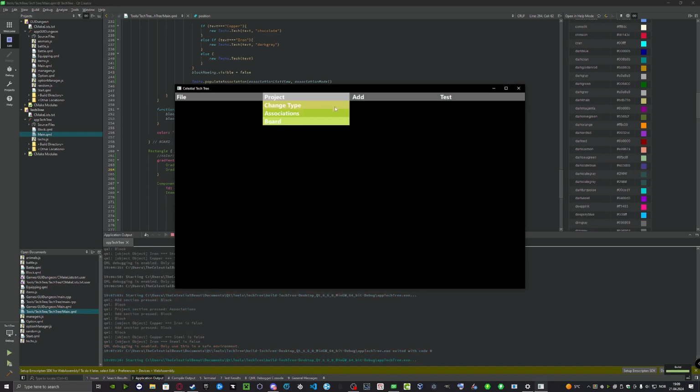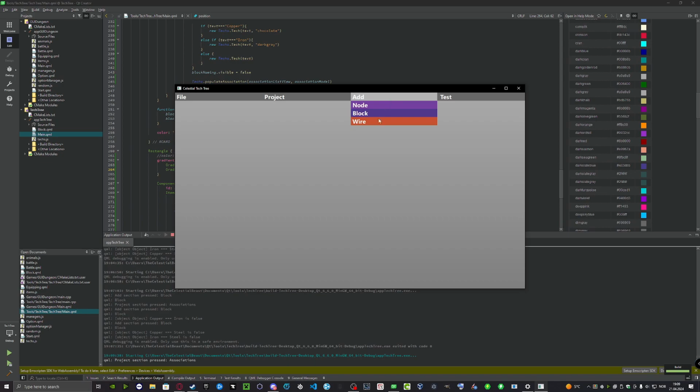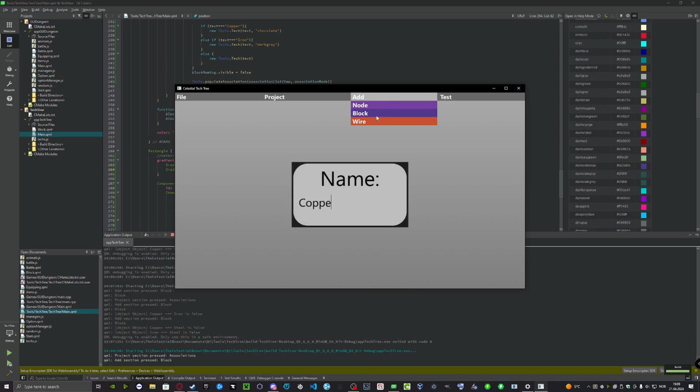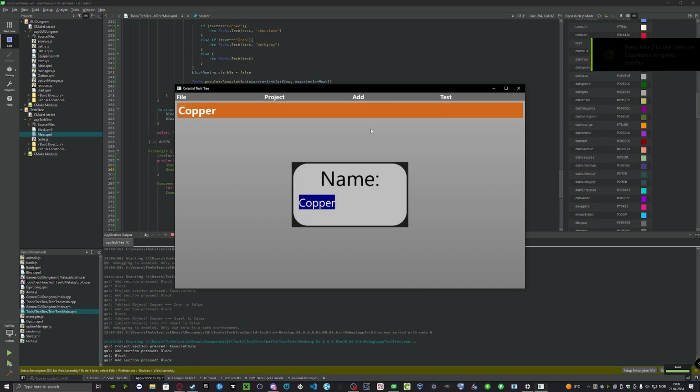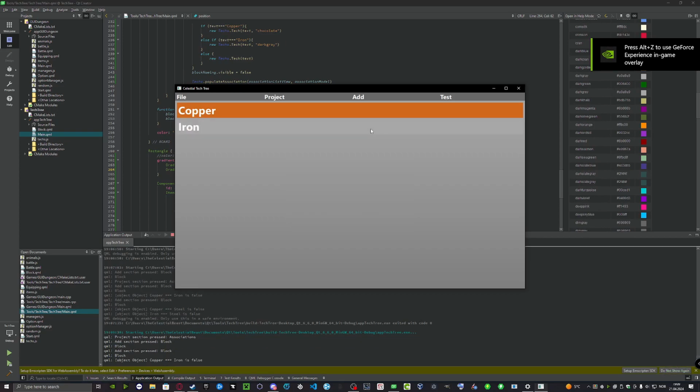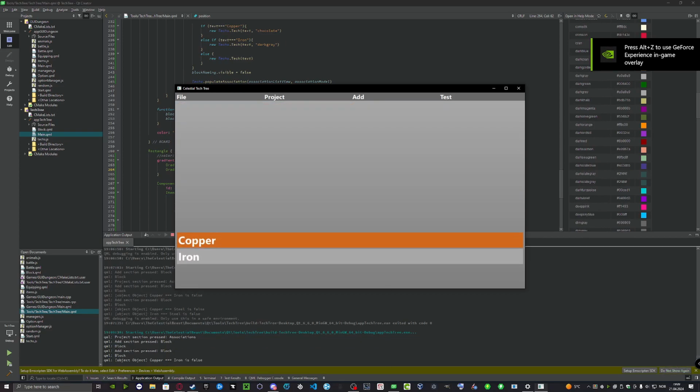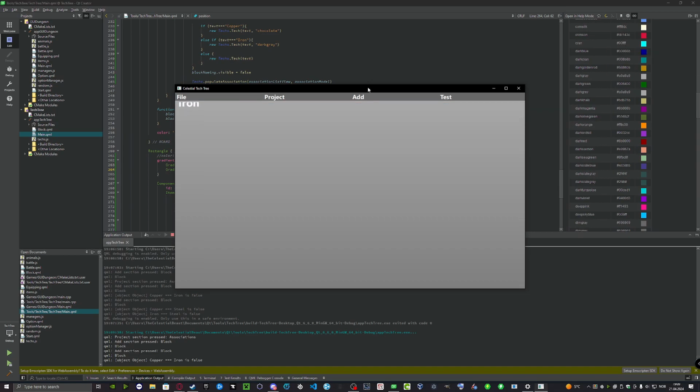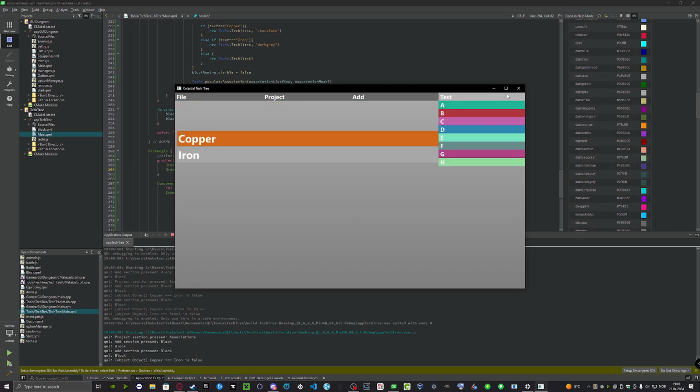And now, go into associations, copper. There should be a very slight gradient here. I can't really see it. But when moving it around, you can see it. Up there, iron gets pretty much invisible, but down here, it does not. Though I guess the